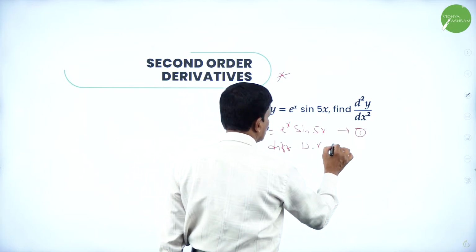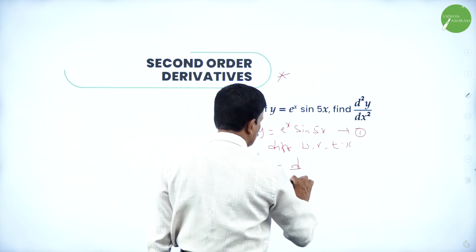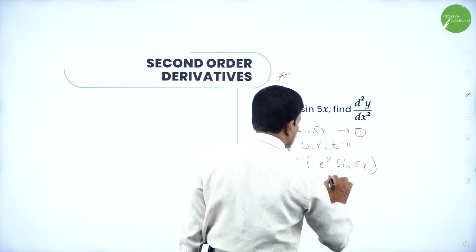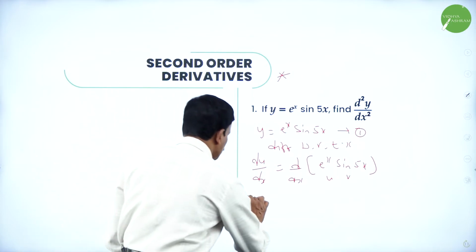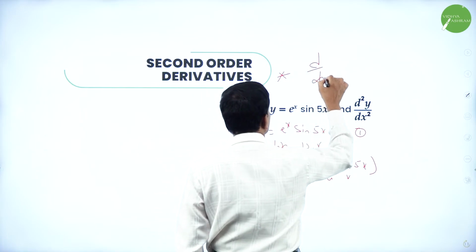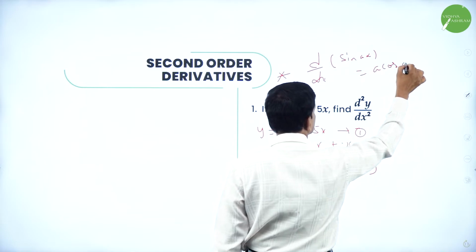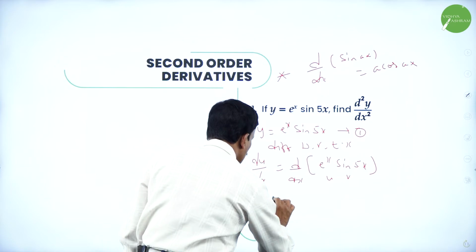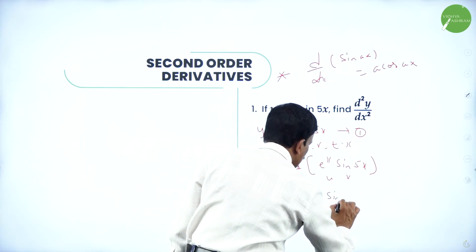Differentiating with respect to x, so dy by dx is equal to d by dx of e to the power of x into sine 5x. Again this is product rule, first function into derivative of the second function. First function is e power x into differentiation of sine 5x. So you know d by dx of sine ax is a cos ax. What is a here? a is 5. So d by dx of sine 5x is 5 cos 5x plus second function sine 5x